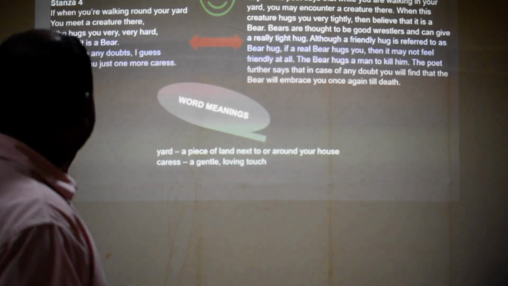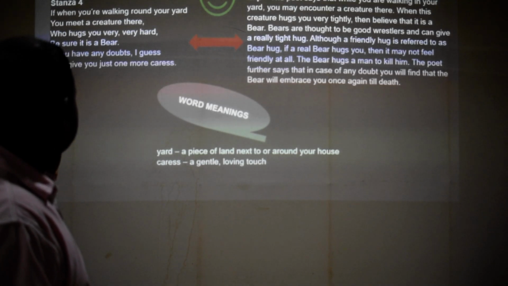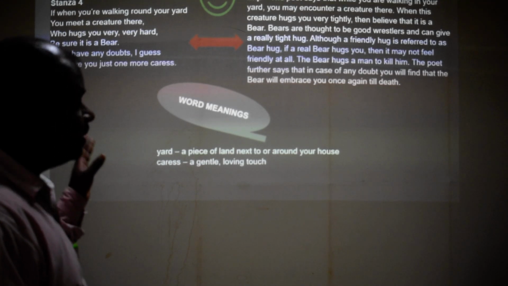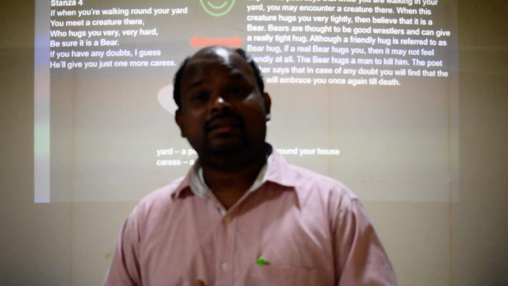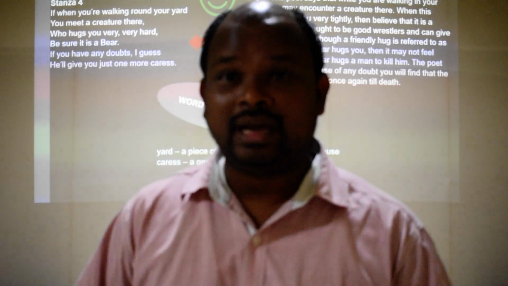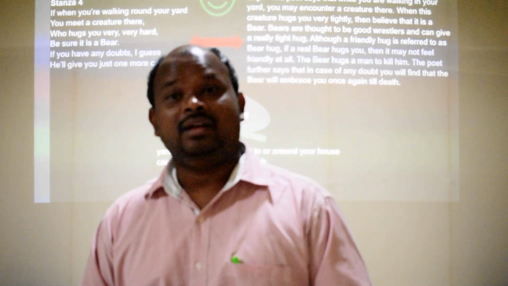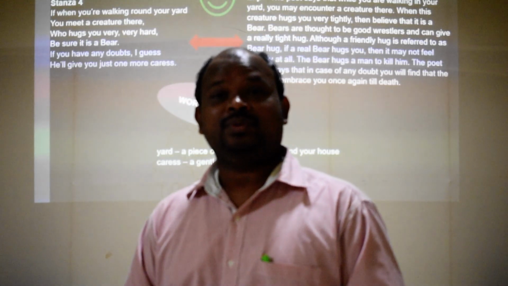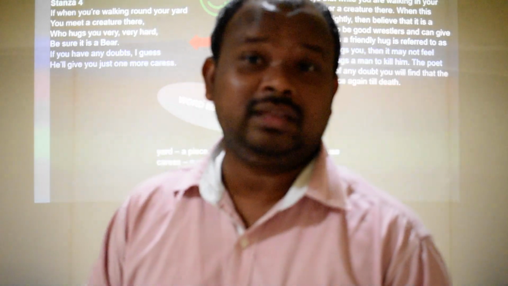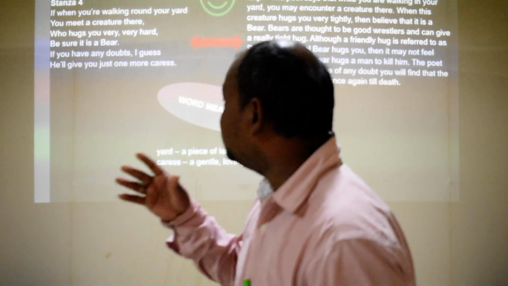The fourth stanza, we hear about the creature, the animal, the bear. Here the author is telling us in a very humorous way. The bear will hug you and caress you. That's a very funny way of explaining it. Do you think that the bear is going to hug you? And if it hugs, we know what could be the outcome, the consequence, that it would be the end of our life. It will finish you off. That's why the author is putting it in a very humorous way.